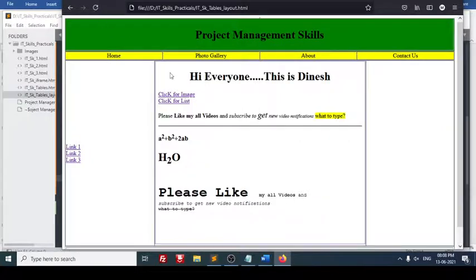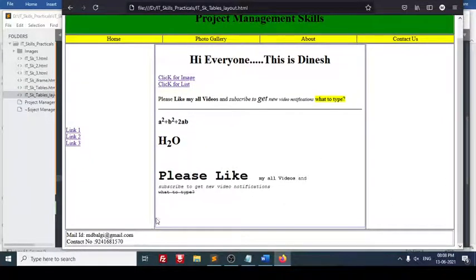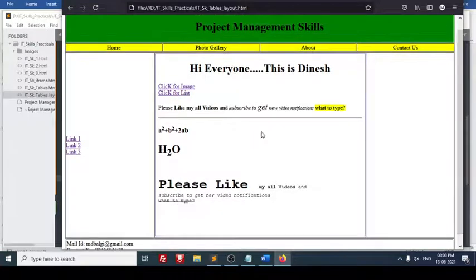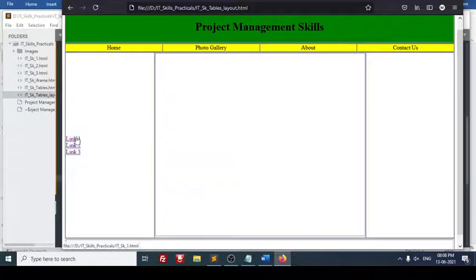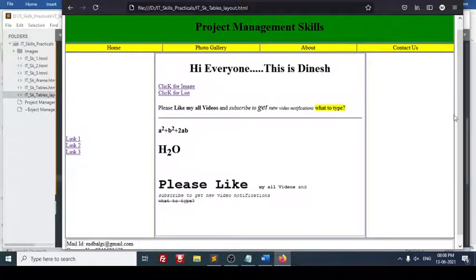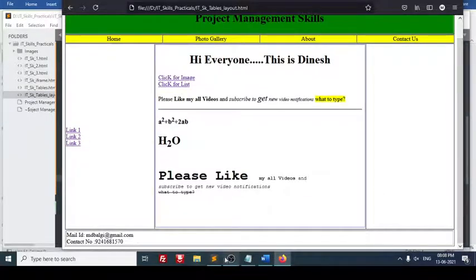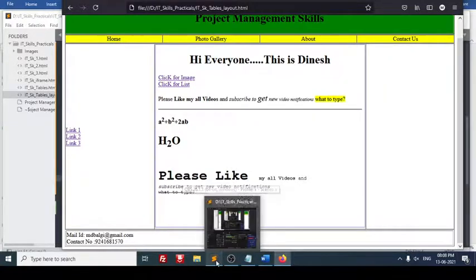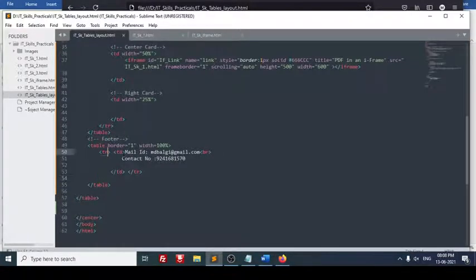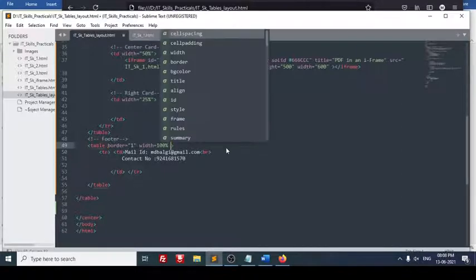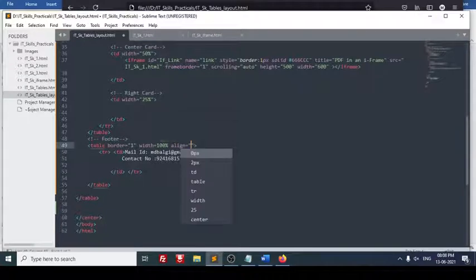Okay, I will save it and refresh. See here, this is the footer. Can you see this? This looks like a web page, isn't it? Still, with CSS you can make a better design. Here you can just use these links. Click on this. This is how you can do it. And in case you want this to be in the center, I can do it in two ways. One is I can make this row center, or full center if you want. So I can make it align center.